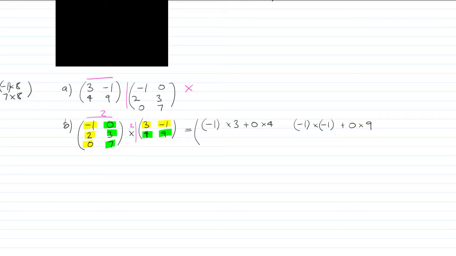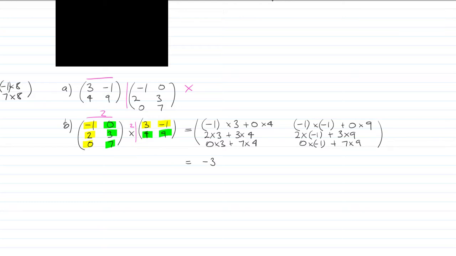So our next one is going to be 2 times 3 plus 3 times 4. And then 2 times -1 plus 3 times 9. And then we've got 0 times 3 plus 7 times 4. And then 0 times -1 plus 7 times 9. And this is going to be